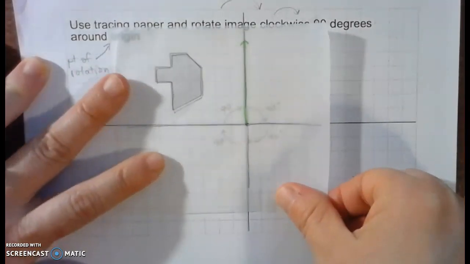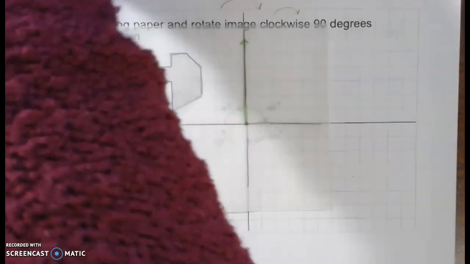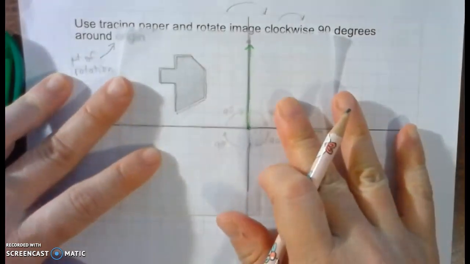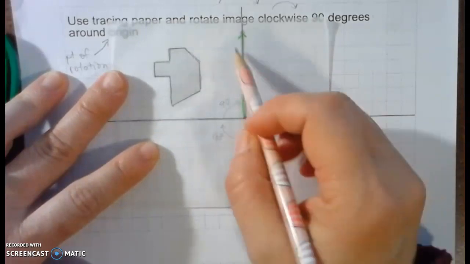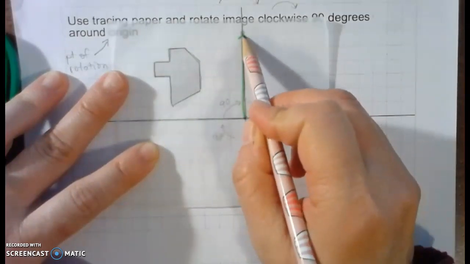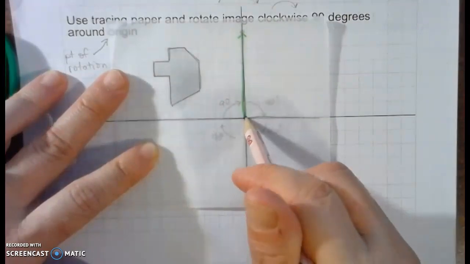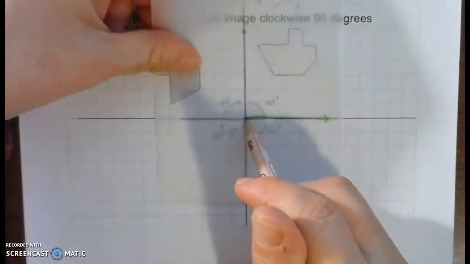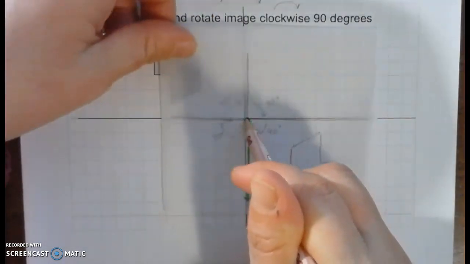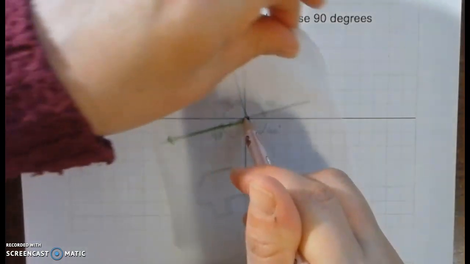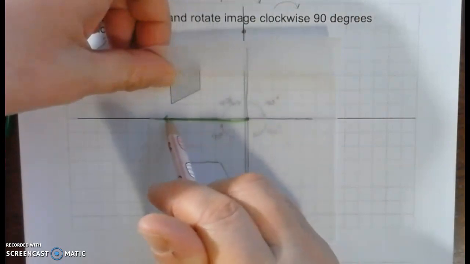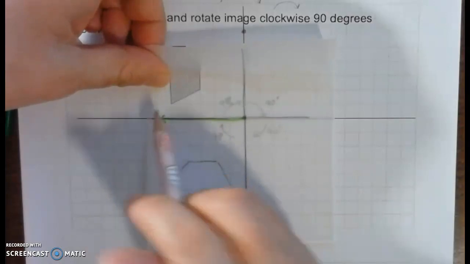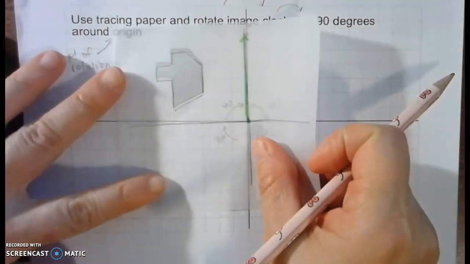Okay, so let's say you wanted to rotate just a point. Let's say that point was right here. What we can do is draw a line to the center of rotation. Now if I wanted to rotate this 90 degrees clockwise, again I put my pencil here on the rotation, and this is going to be where it's going to be, right? 90 degrees is here. If I wanted to rotate it 180 degrees, it will be here. And you can kind of picture where the point will be corresponding to. If I was rotating that point here, the point would correspond to this. It's the same idea